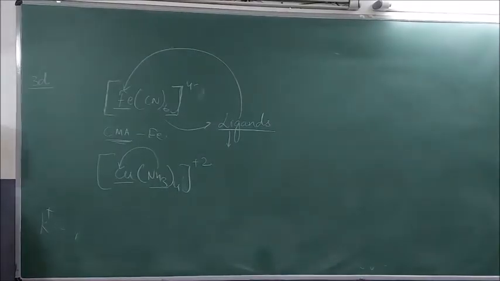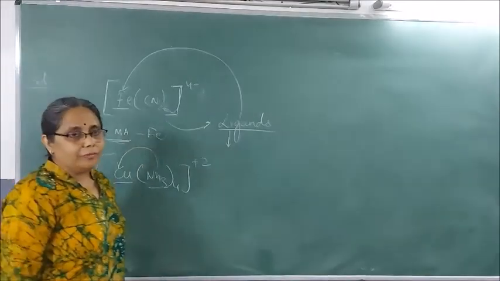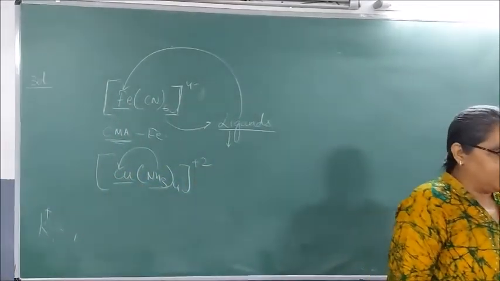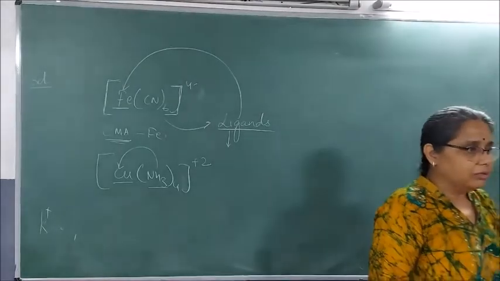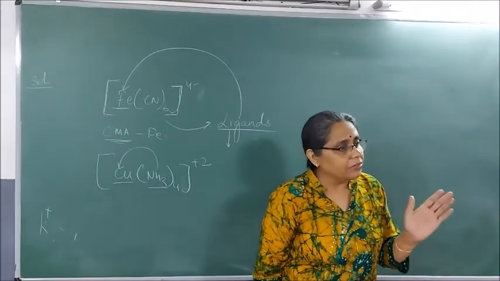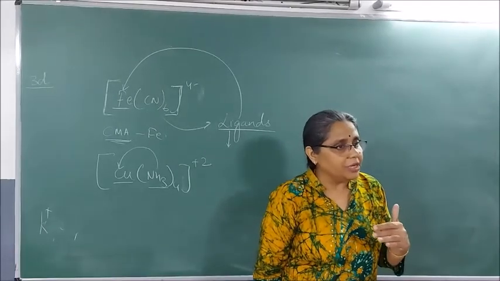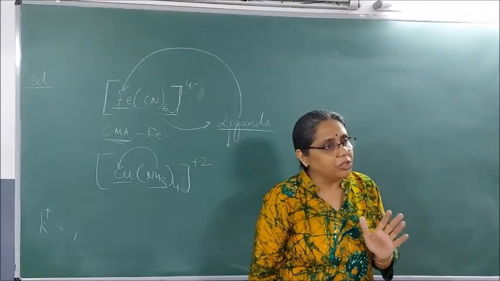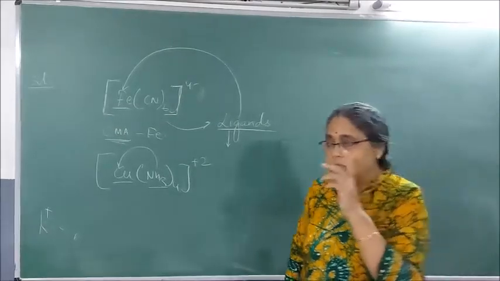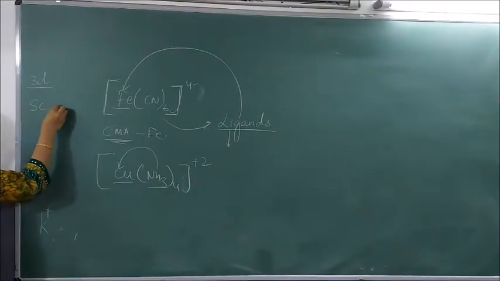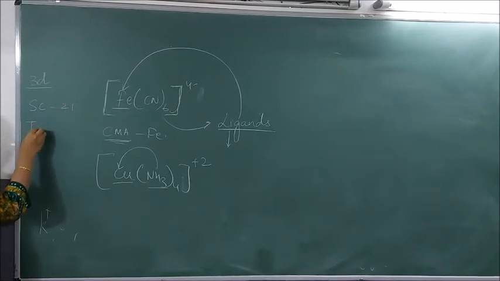Central metal atoms or ions generally come from the 3d series, under the d block elements. Which period are they in? The fourth period. We call them the 3d series. You have to remember their names: scandium 21, titanium,